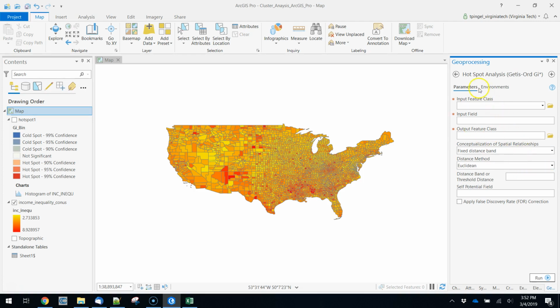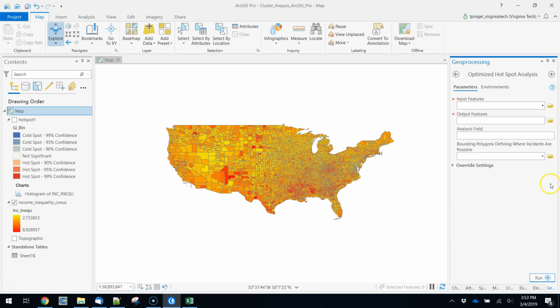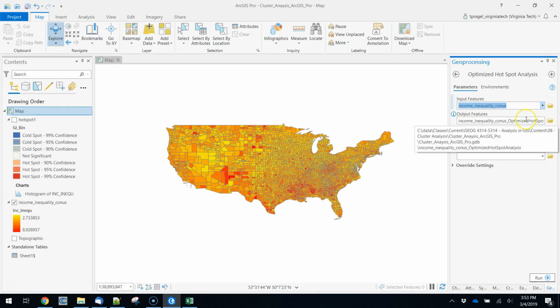Many people have found those settings confusing, and so Esri has developed another tool called optimized hotspot analysis. Optimized hotspot analysis's job is to basically perform the exact same analysis, producing a Getis-Ord G statistic,